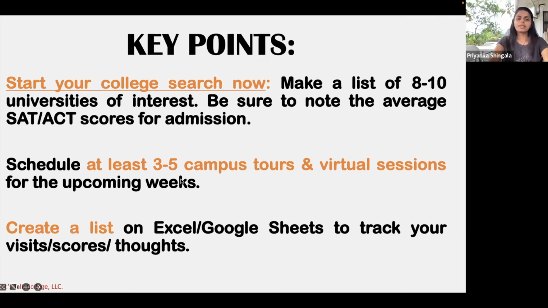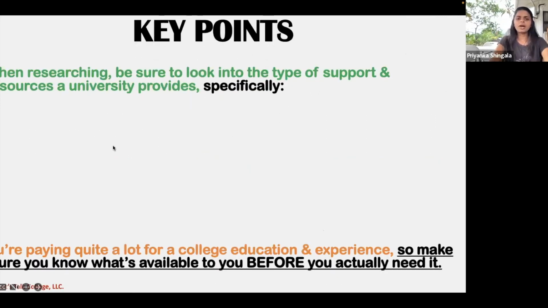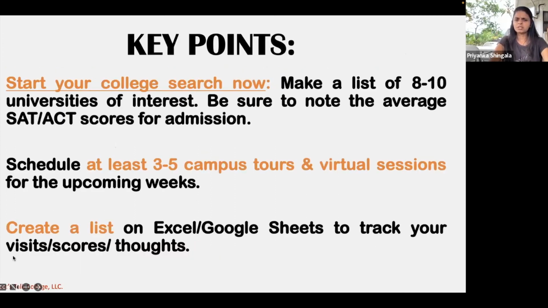Then you can schedule campus tours and college tours. And when you hear them talking, you'll have an idea of, oh wait, so-and-so university has this program. Does this one too? We heard them talk about this. Or, oh wait, why don't they? So you need something to start from, a comparison form or something as a base foundation, so you have something you can compare to, right? And that only happens via exposure. So you can schedule upcoming virtual tours. Don't do physical campus tours until you've figured out that the university is actually worth your time and money to visit. Create a list on Excel.